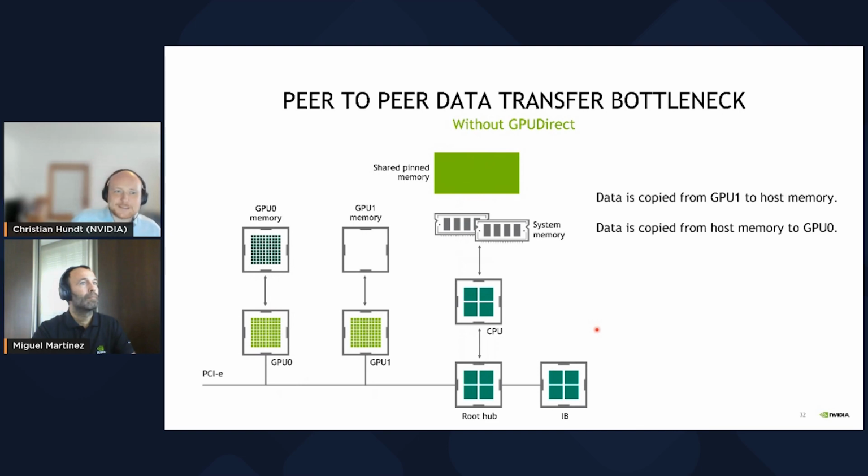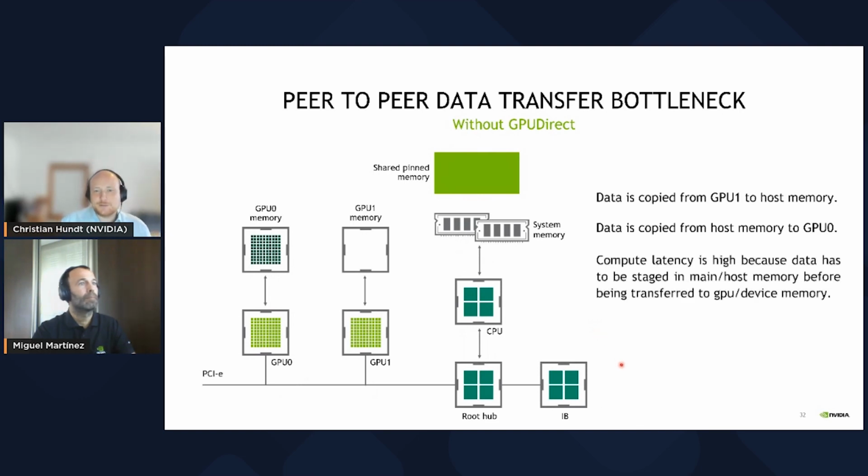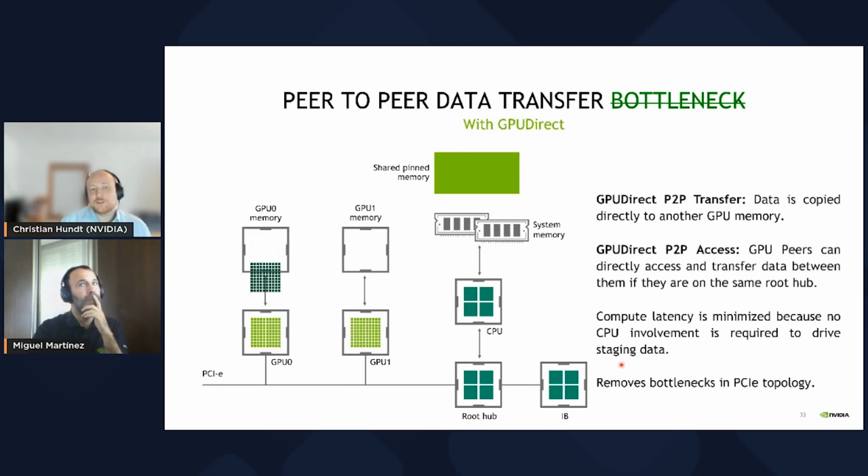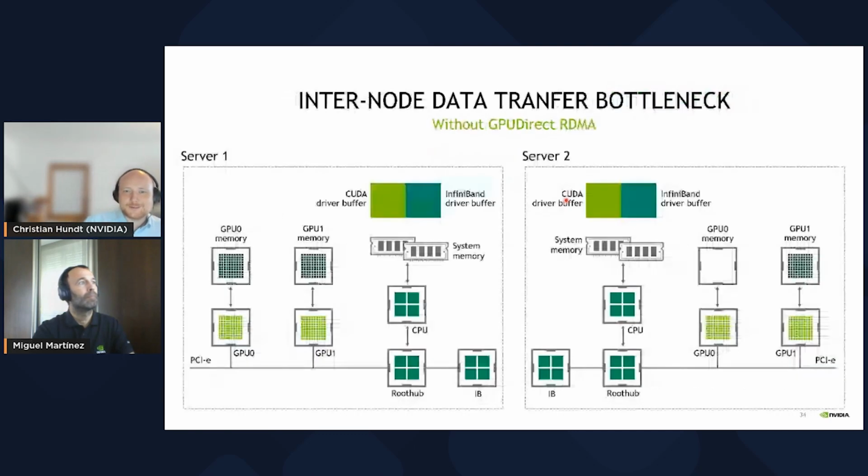On the next slide, we see we could directly copy it from one GPU to the other, which saves us at least the staging in CPU memory, which is awfully slow. But here we basically have a factor of 2, but it can be much worse. Let's maybe have a look at the next scenario.